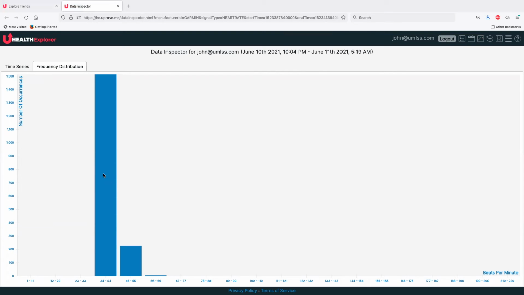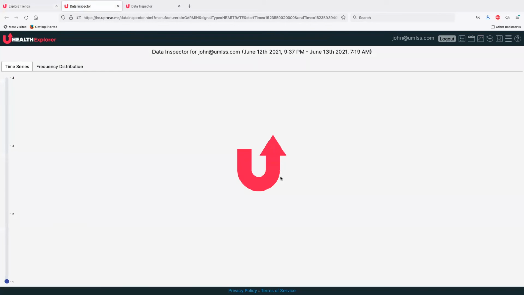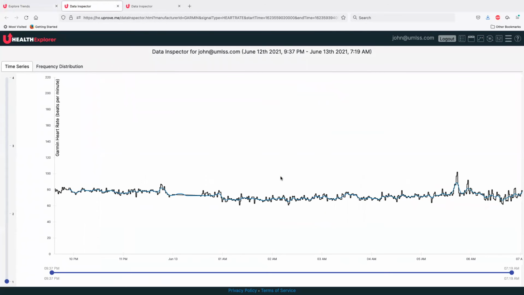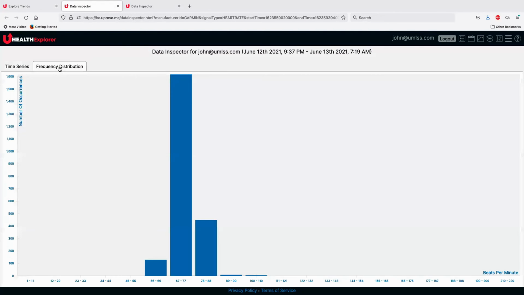Next, I'll right mouse click on a value during AFib and open the Data Inspector. In the Time Series tab, you can see that my heart rate now has a lot of noise in it. In the Frequency Distribution tab, you can see two things. Most of my heart rate values are now in the bin labeled 67 to 77 beats per minute, and the bins to the left and the right of the dominant bin are larger, meaning there's more noise in my heart